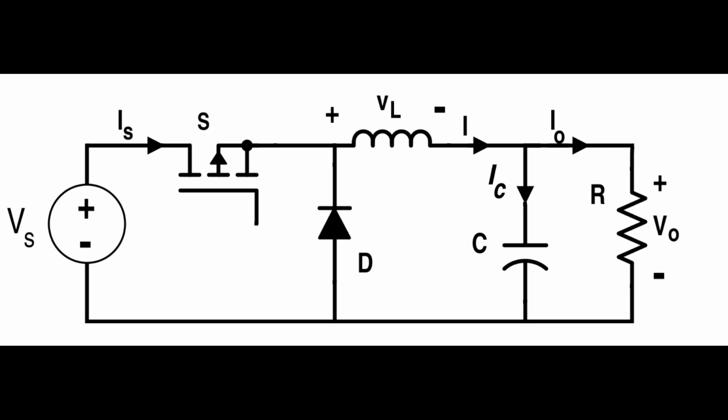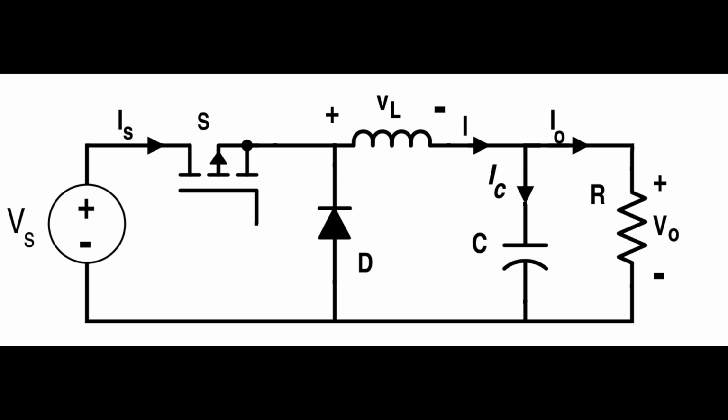Today we are going to see the buck converter. Some people call this a chopper also, but it is popularly known as a buck converter. This is a DC to DC converter. V input will be higher voltage and the output will be lower than the input voltage.